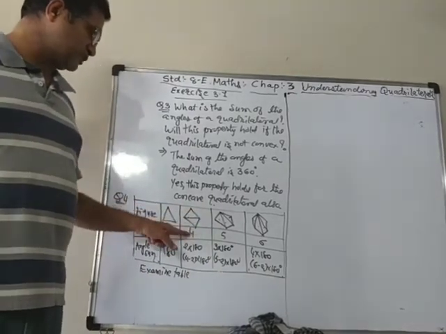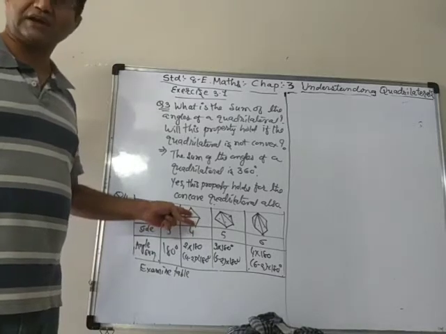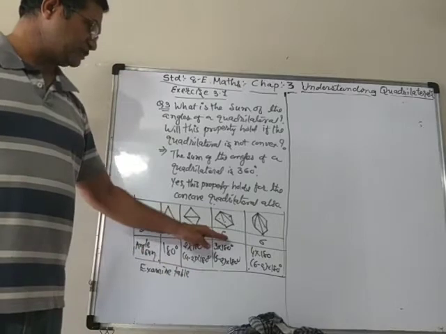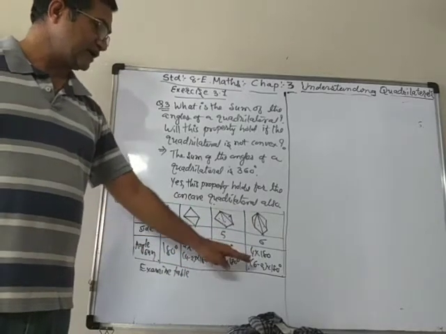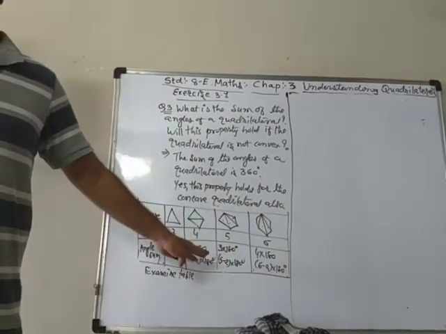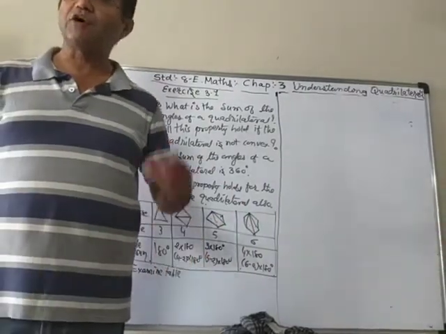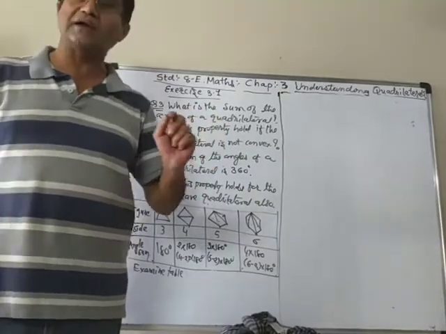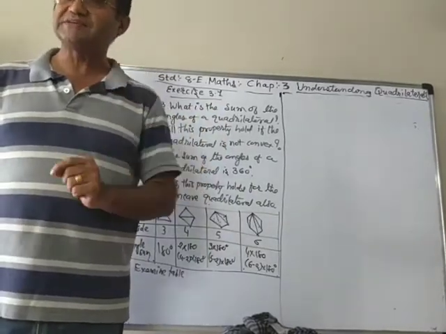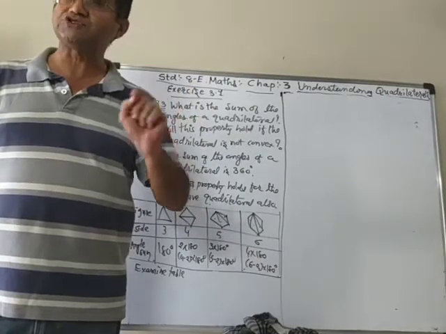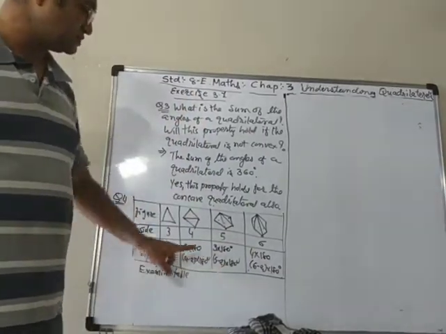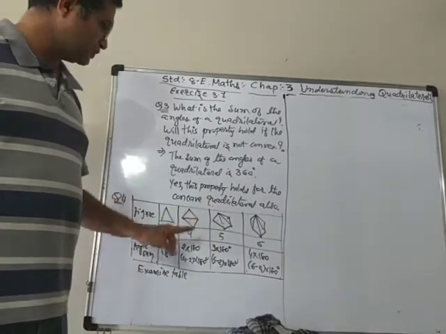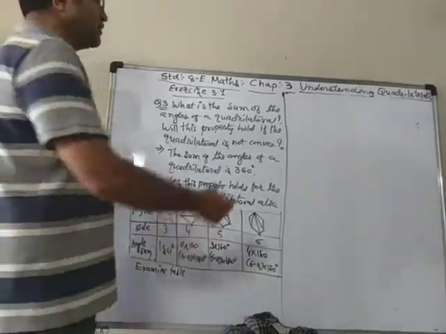A quadrilateral has 4 sides, so we can make 2 triangles from it. Means 4 minus 2 into 180. A pentagon with 5 sides means 5 minus 2 into 180. Here 6 minus 2. So from the figure, we can conclude, as we already wrote down in the note, that the sum of the angles of a polygon with n sides is n minus 2 multiplied by 180. You can see that everywhere, 6 minus 2, here is 5, then 5 minus 2, 4, then 4 minus 2, etc.